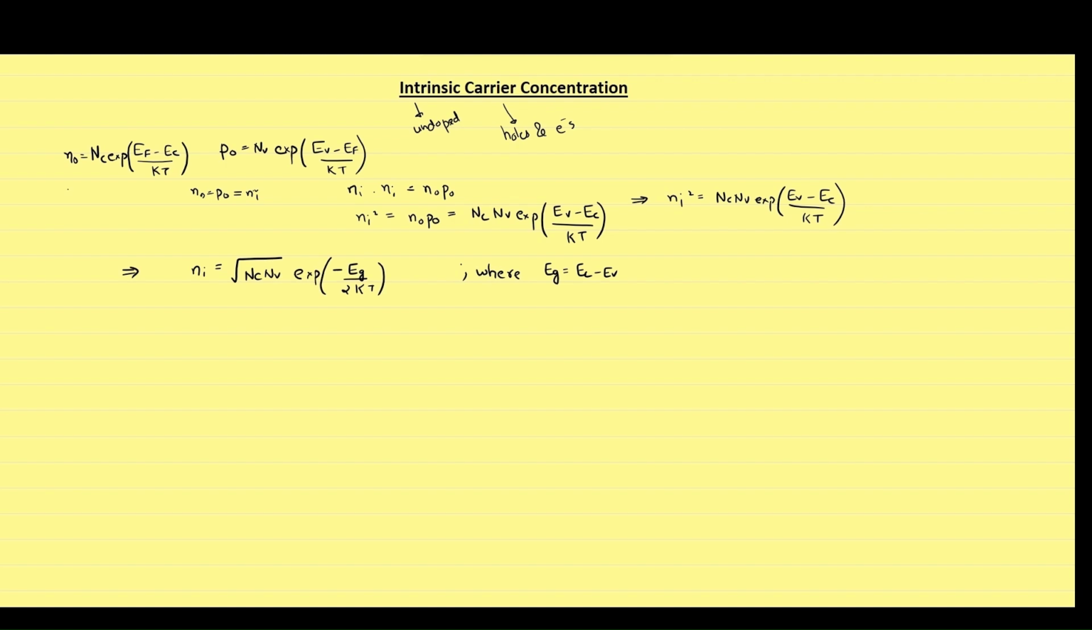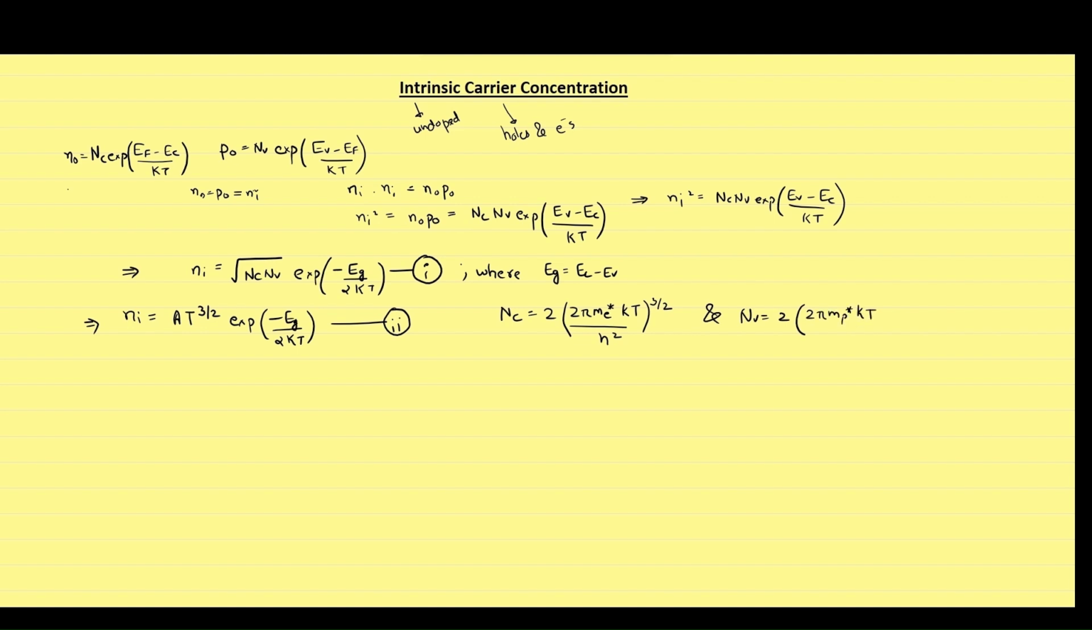In books, you may see this formula in other forms, like intrinsic carrier concentration is equal to A multiplied by temperature raised to the power 3 by 2 into exponential of minus band gap energy divided by 2 kT. Here, A is a material dependent constant. Let this equation be the first equation and this equation be the second. As we know the values of Nc and Nv, which are, now putting these values of Nc and Nv in the first equation, we will get